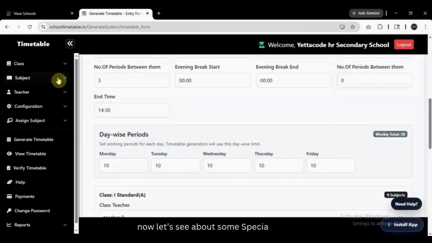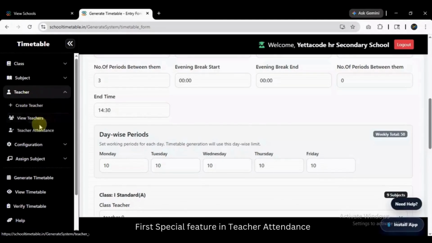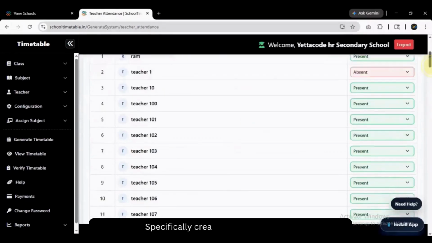Hi everybody. Today we will see some special features in our school timetable.in. I'll go step by step through the special features in this application. The first special feature is teachers attendance. In teacher attendance, first of all we go to teacher attendance, and here